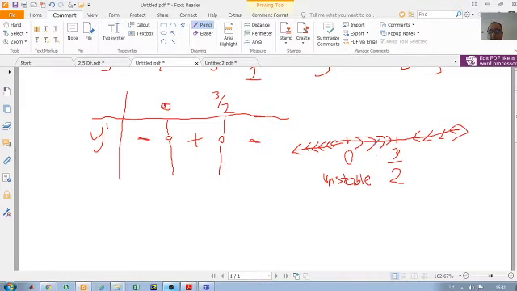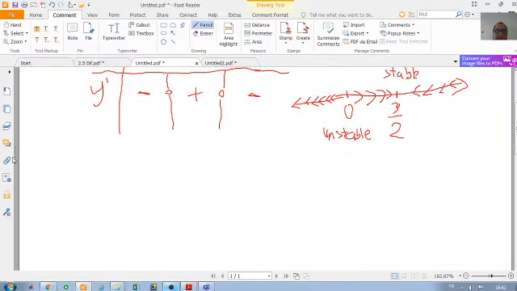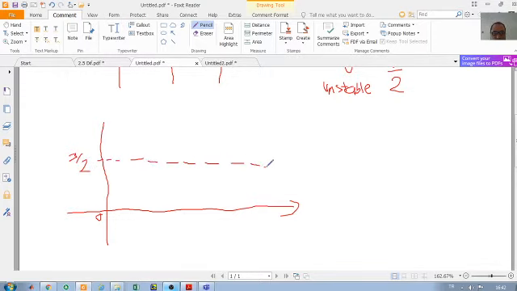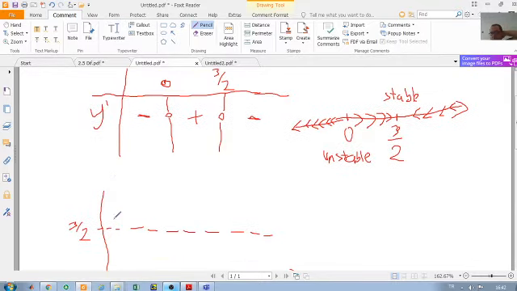And the solutions are approaching the number 3 over 2 from the right hand side and from the left hand side. Therefore we say this is a stable equilibrium solution. Also you can see from here, between the numbers 0 and 3 over 2, and greater than 3 over 2. So for all values of y greater than 3 over 2 we have negative values for y prime, therefore